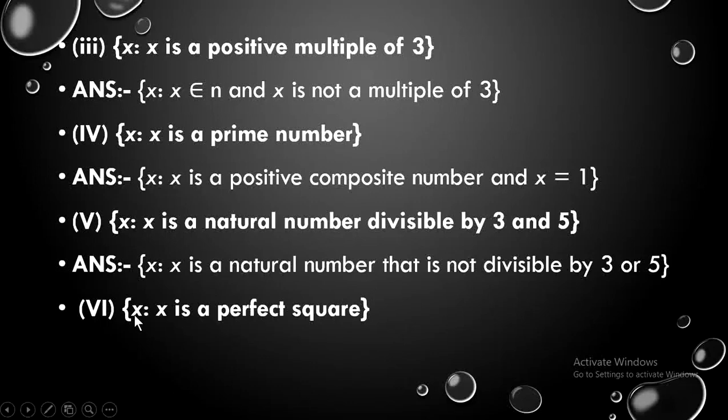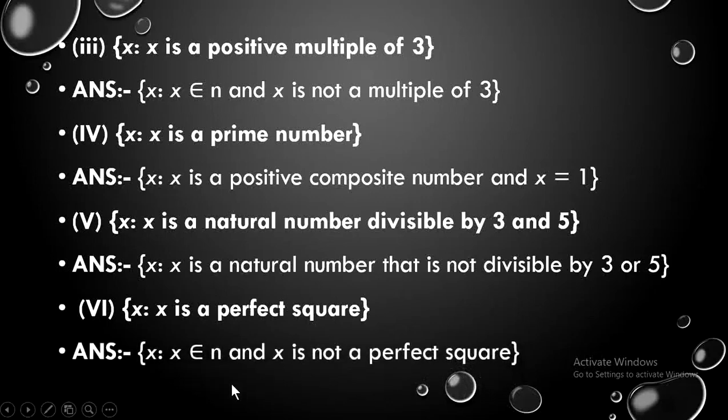Okay, then they have given you x is such that x is a perfect square. Now remember one thing, you don't have to forget the universal set, and here your universal set is natural numbers. So within that natural numbers only you have to find your complement. So the complement for this will be x belongs to natural numbers and it is not a perfect square. So that is the complement, because you did natural numbers minus perfect squares. So you will get that x will not be a perfect square, because you have subtracted all the perfect squares from the natural numbers to find the complement. So your final answer will be x such that x belongs to natural numbers and it is not a perfect square.